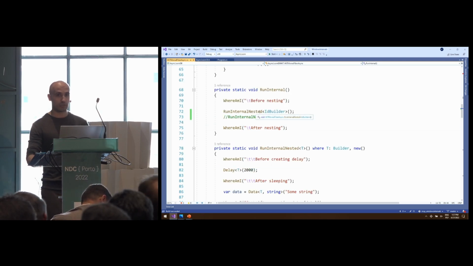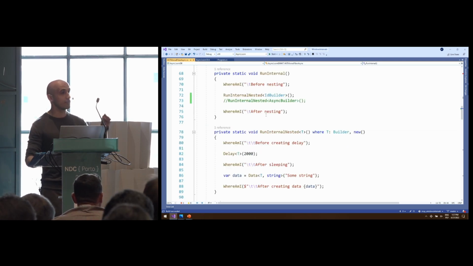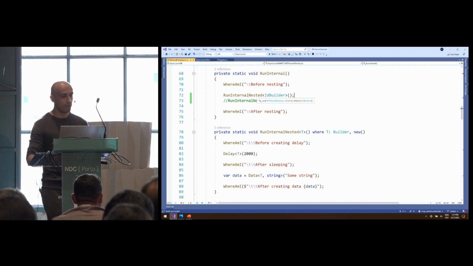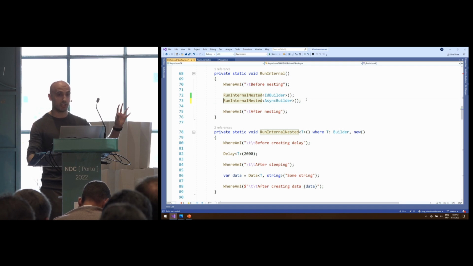You control the synchronous parts directly in a place where they are executed, because nothing stops you from calling this method once with the ID builder and the other time with the asynchronous builder. So you can change it in runtime dynamically the way you wish.